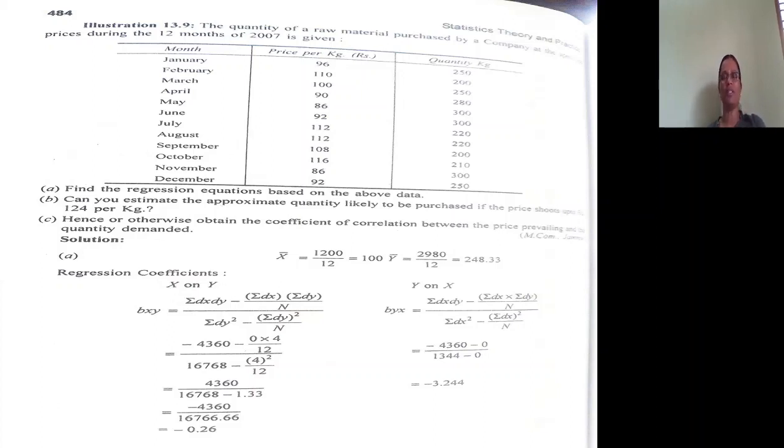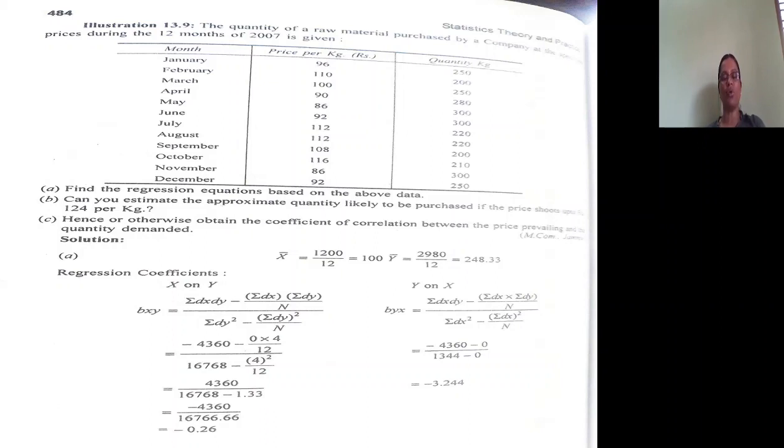Anyway, to construct the equation, we need the regression coefficient. So before constructing the equation, we should calculate the regression coefficient. We studied three methods of calculating regression coefficient. One is the actual data method, the other is the actual mean method, and the next is the assumed mean method. If you follow the assumed mean method, we still have to calculate the actual mean also, because regression equation starts from X minus X bar or Y minus Y bar. At that time we should know X bar and Y bar. X bar means actual mean of X, Y bar means actual mean of Y.